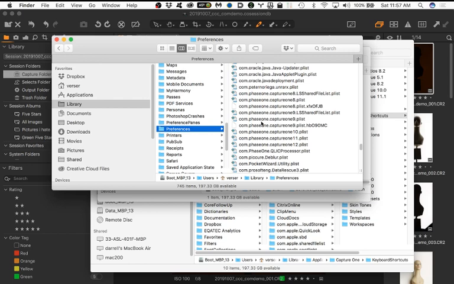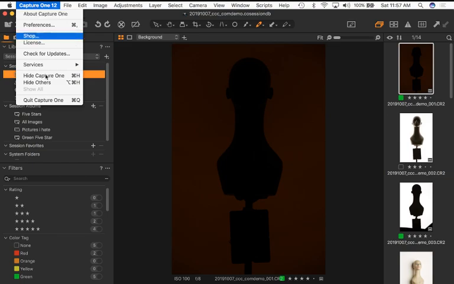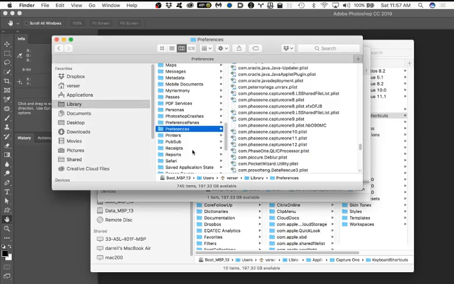And what's happening is that because Capture One is actually open right now, it is writing this preference file the whole time. If you do not quit Capture One and you throw away these preference files in order to reset Capture One, it will continue that writing process, and when you go back into Capture One, it will really quickly write a corrupted preference file for you, and you will not have fixed your problem. So if you're having a problem with Capture One, you have to quit Capture One first,